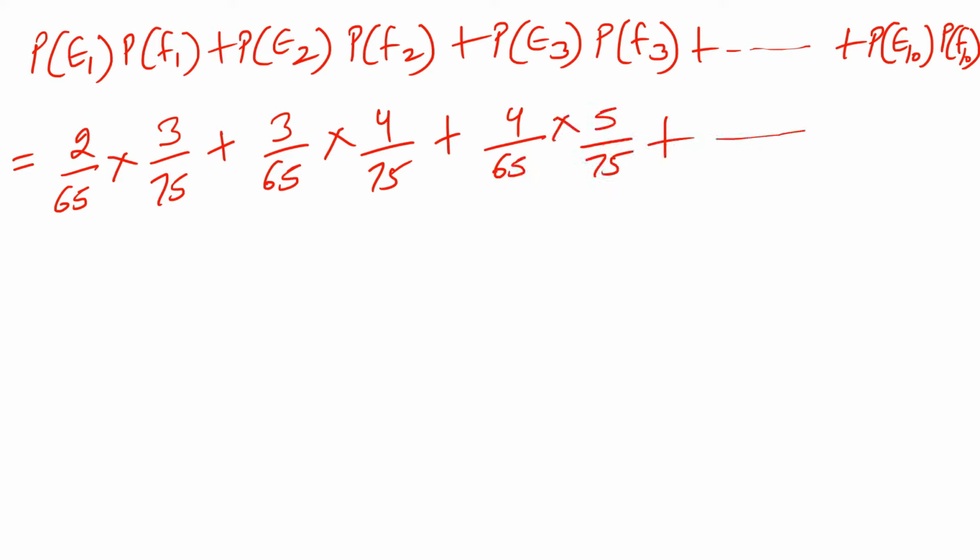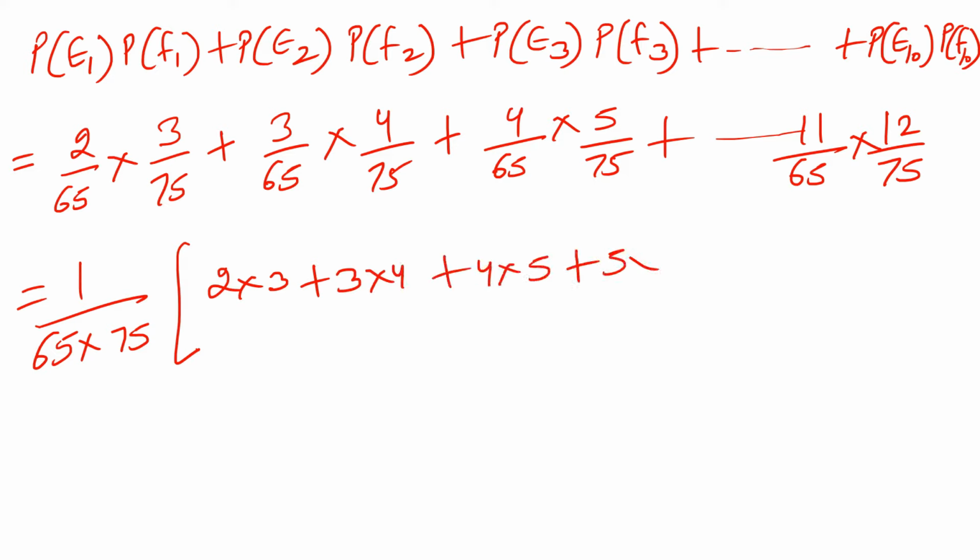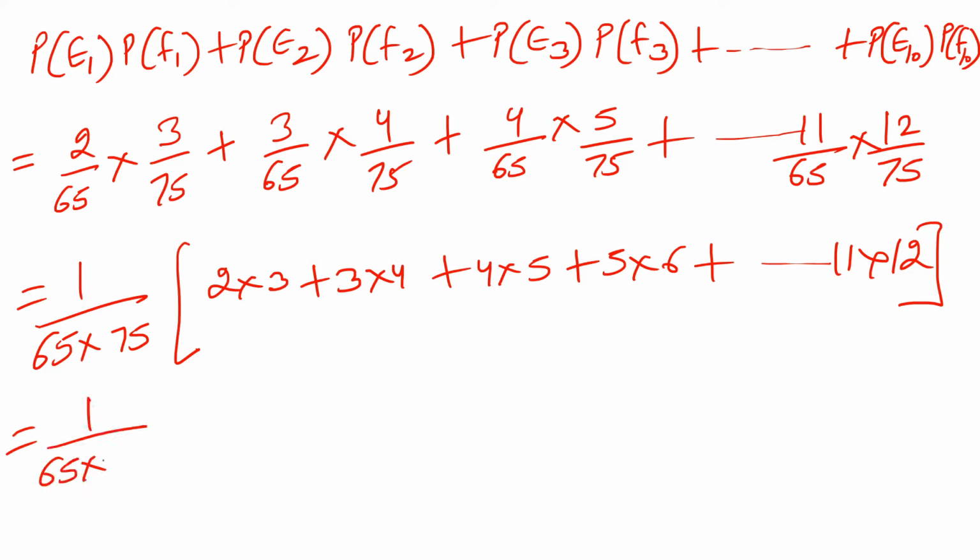And so on till 11 upon 65 into 12 upon 75. Fine. Now what do? We take out this 1 upon 65 into 75 common, and inside the bracket we get 2 into 3 plus 3 into 4 plus 4 into 5 plus 5 into 6, and so on till 11 into 12. Fine. Now students, if you have proper knowledge of sequences and series, you can easily understand this can